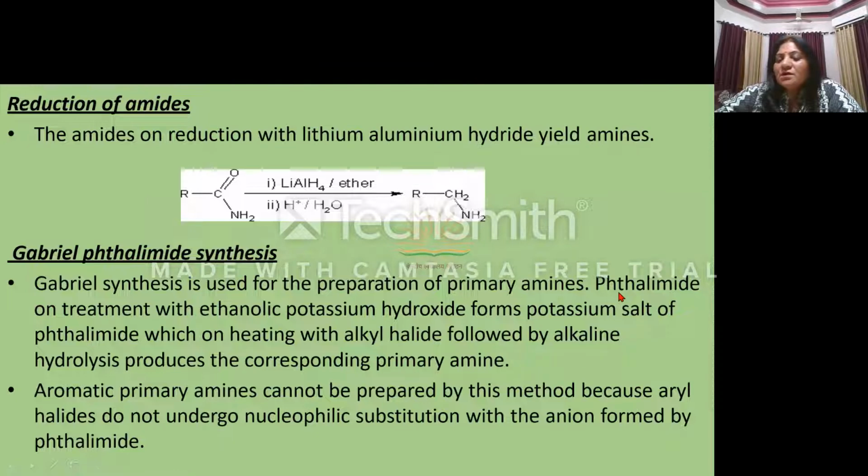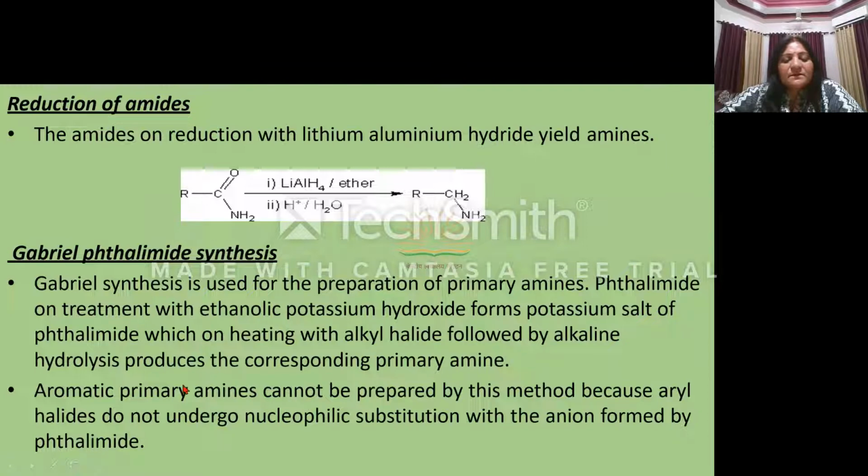Benzene 1,2-dicarboxylic acid is called phthalic acid because it is a carboxylic acid. It reacts with ammonia, then it gives the phthalimide. This phthalimide on treatment with ethanolic potassium hydroxide, means potassium hydroxide dissolved in ethanol, the medium is alcoholic, forms potassium salt of phthalimide,